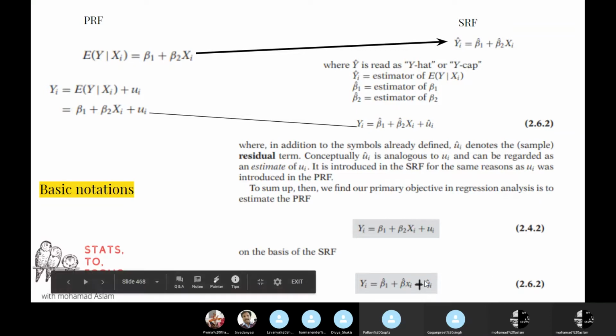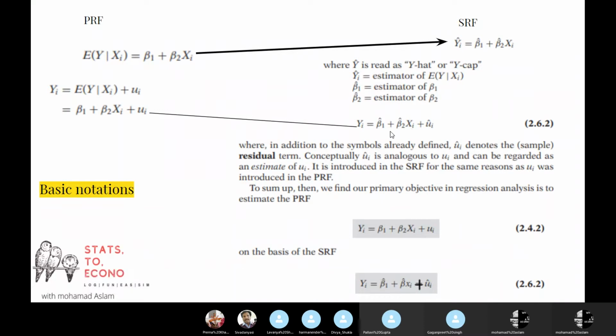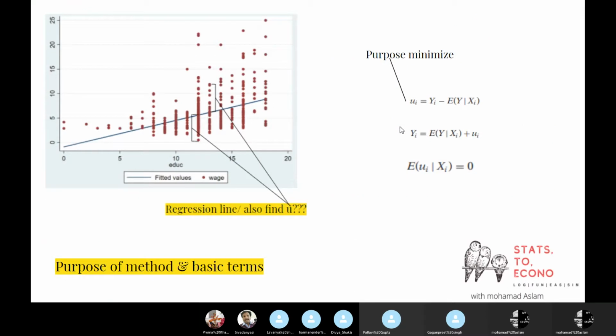So this is our regression equation. Let's suppose this is our regression equation, equation 2.6.2. Now the next step is we need estimation of this beta 1 hat and beta 2 hat. Because we have sample data, most of the time we are going to estimate with the sample data, not with the population. So in place of beta 1, beta 2, we are going to use beta 1 hat and beta 2 hat. One is the intercept, another is the slope coefficient. This one is the intercept coefficient. This is the slope coefficient. We need this sample regression line, and to get this line, we need these two parameters.